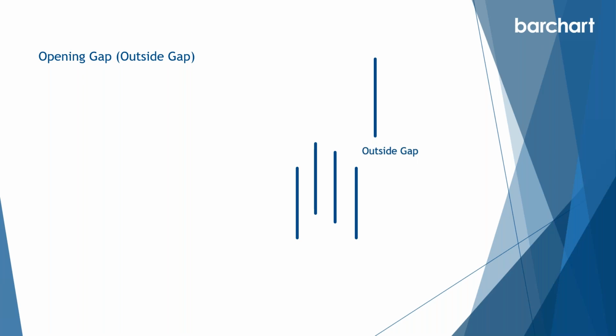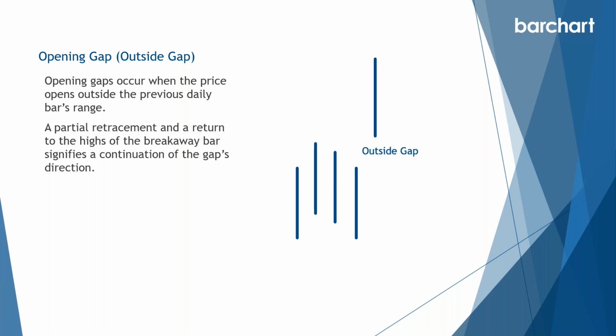Now, these common gaps are easy to see on our charts because there's this visible void of price. Now, a partial retracement and return to the highs of this breakaway bar signifies a continuation of the gap's direction. And we're going to refer to these as kind of gap and goes. Now, a general rule you can use here is if we do not see price fill the gap, let's say within the first half an hour or hour of trading, then this increases the odds of a continuation